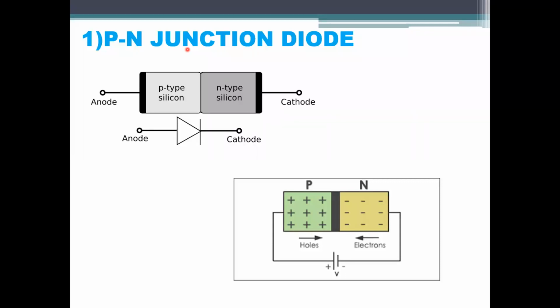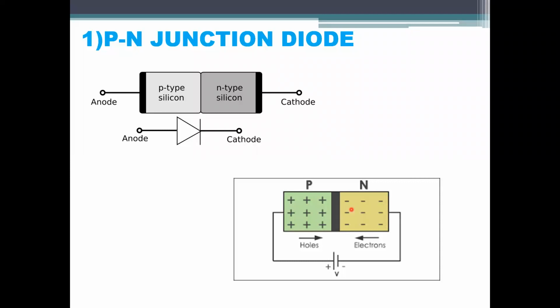As soon as a junction is formed, some of the electrons from the N region near the junction cross the junction and fill some of the holes of the P region. Some electrons from the N region will jump into the holes of the P region. Since the atoms of the N region lose electrons, they become positively charged ions, and since the atoms of the P region accept electrons, they become negatively charged ions.